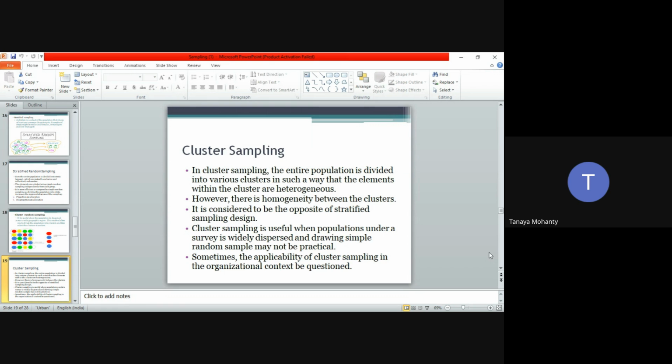Cluster sampling is useful when the population under a survey is widely dispersed, and drawing simple random sampling